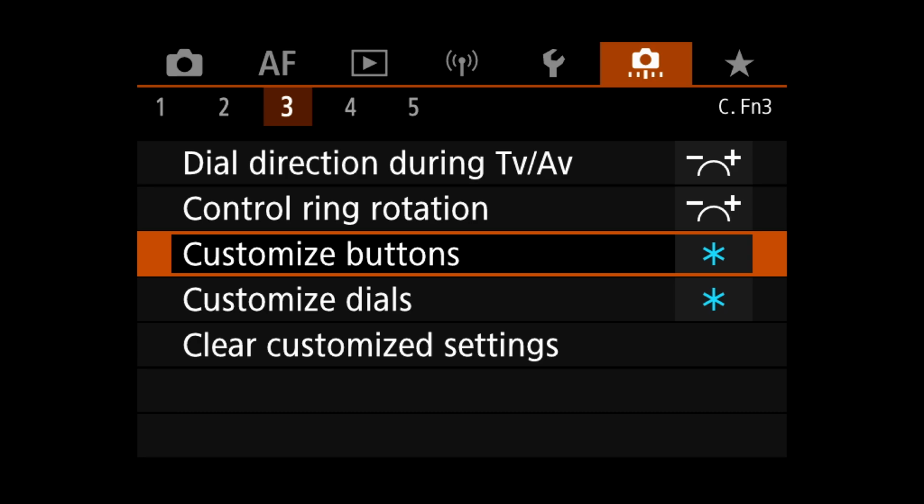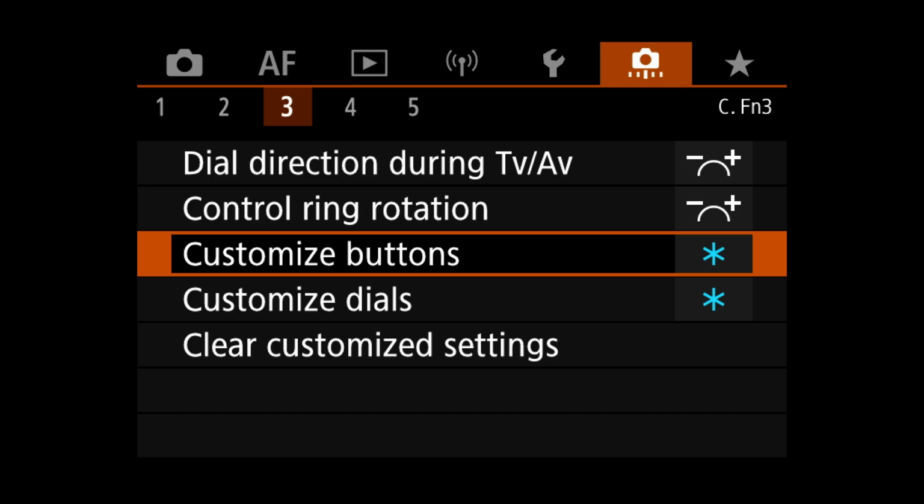Okay, moving on to the instructional part of this video. We're going to go into the customized buttons, and right now I'm working on the Canon R5, but the R3 is very similar. All of the critical functions that you want to activate for the setups I'm talking about here are in both cameras. There's just a couple additional ones in the R3,